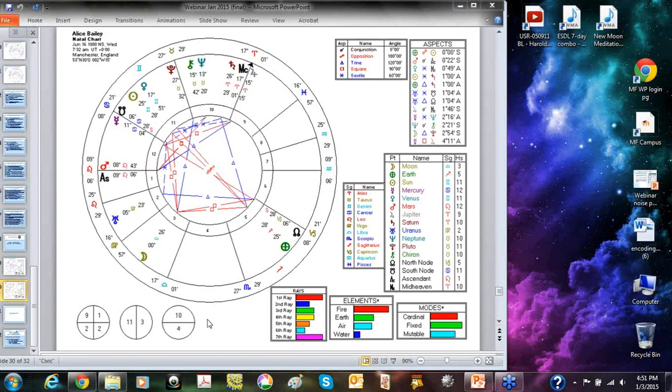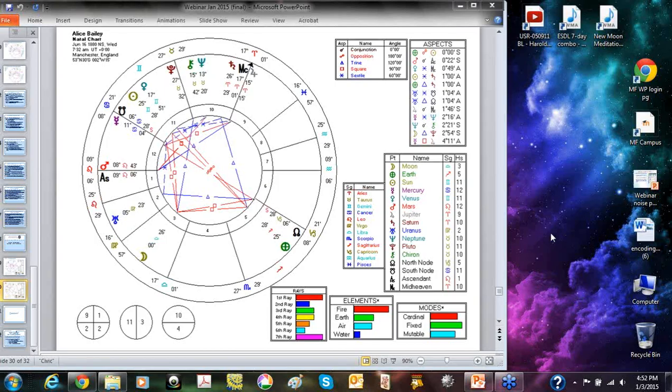There is also a higher preponderance of planets and points in the eastern hemisphere. This would tend to show her working primarily through self-initiated activities, or not relying on others to tell her what to do. In her autobiography, Bailey wrote about how she saw herself as an introvert, but much of her life was spent in contact with large numbers of people. She also discussed how she objected greatly to others telling her what to do and was very much a self-starter.